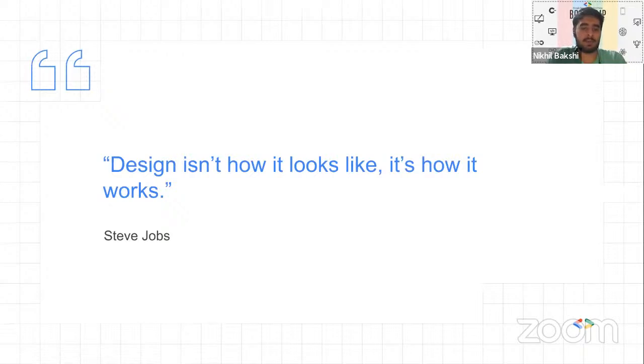design isn't how it looks, it's how it works. As I said earlier, UX design and UI design are two separate fields, and UI is a part of UX, but it does not define UX. So as a UX designer, you have to go beyond the screen and look at the problem through the eyes of the user, and